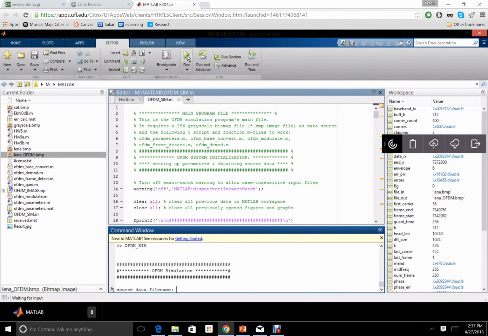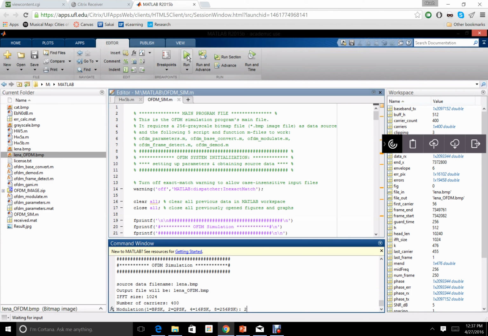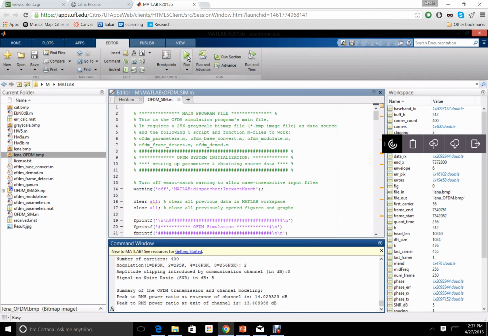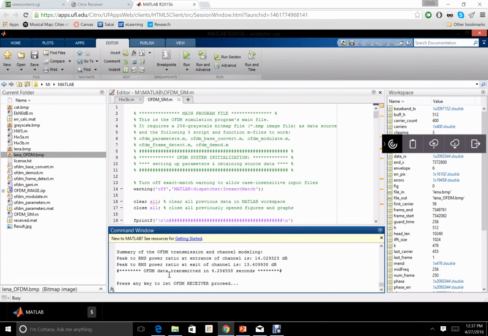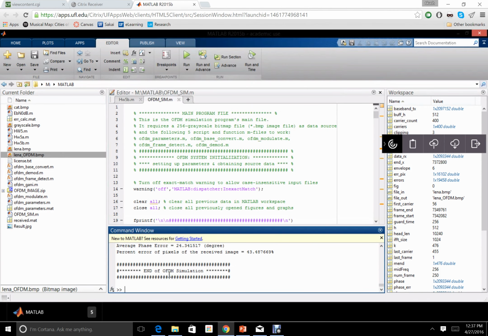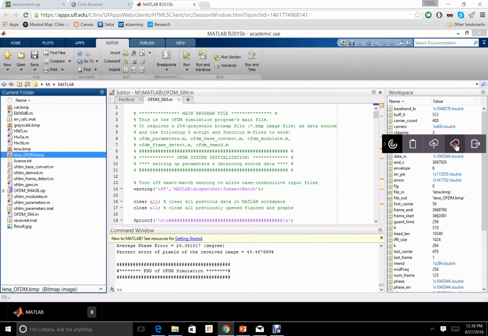the OFDM for the QPSK model, we will see that for the same signal to noise ratio, we will see a higher level of errors as per the presentation, due to the fact that we have a higher symbol size, which contributes to a greater number of errors and an increase in